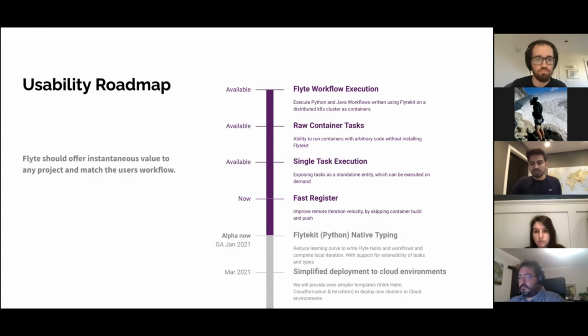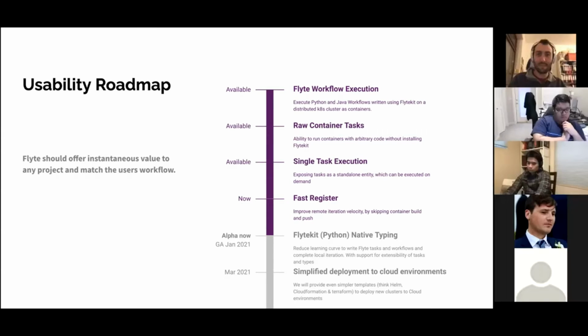And so the user story would be that the user starts with an idea, writes code in Python, tests this locally, to whatever extent they can, and then hits a button, test it remote. Now that is one task. From one task, you can create multiple tasks, test it locally, and then test it remote. Using fast register, change the iteration time between local and remote to be in the order of milliseconds instead of minutes. And then the eventual goal is, once we have all of this, we want to provide a set of